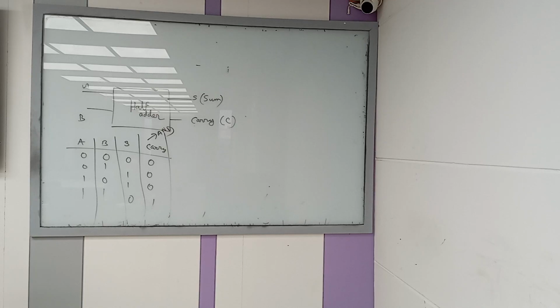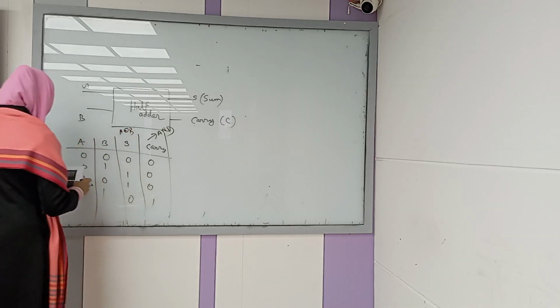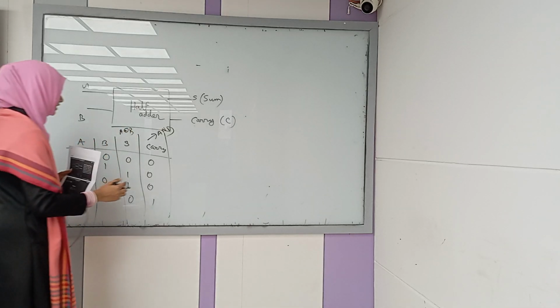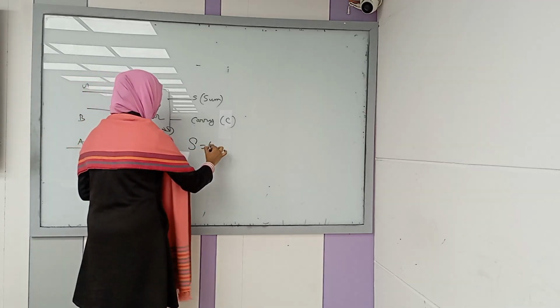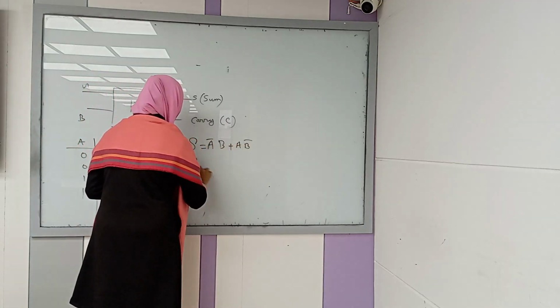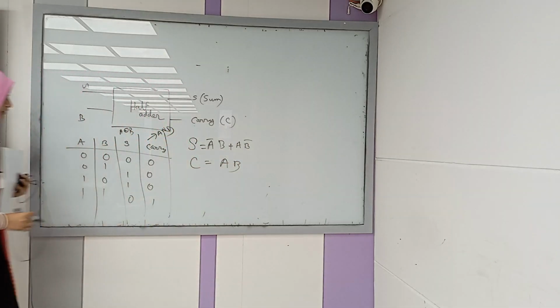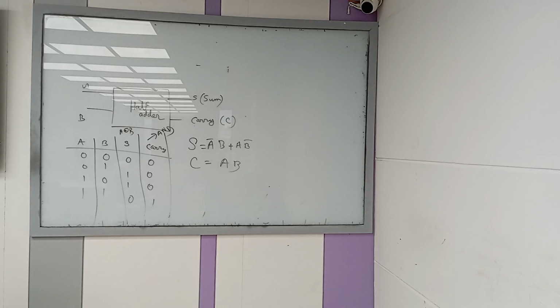এটা কোন গেট? XOR গেট। তাহলে আমাদের এটা মেইনলি A XOR B। আর A XOR B-এর মেইন ইকুয়েশনটা কী? Sum is equal to A prime B plus AB prime, রাইট? আর ক্যারি যেটা আছে, ক্যারি is equal to AB। তাহলে এখন এর উপর বেস করে আপনাকে যদি একটা লজিক সার্কিট ড্র করতে বলা হয়, পারা যাবে? সবাই লজিক সার্কিটটা ড্র করেন তো।